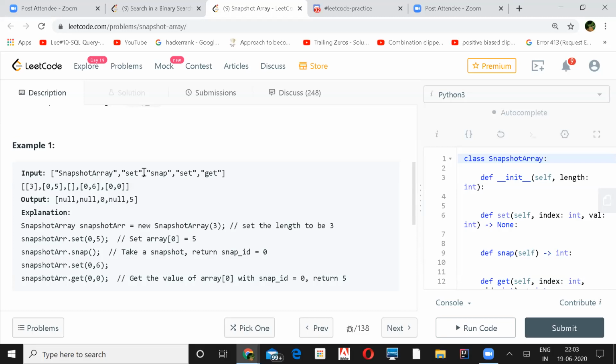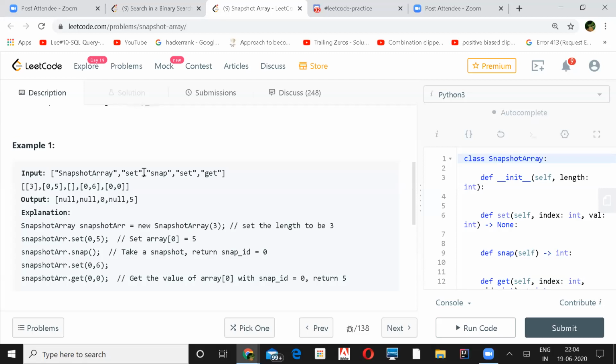Yeah, I'm trying to store the array with a list of lists. Each index is a list again, which stores the values. Every time it changes, it stores the next value in that. So I thought all snapshots are unique. Every time a value changes, we will take a snapshot. But sometimes we need different snaps of the same value. So